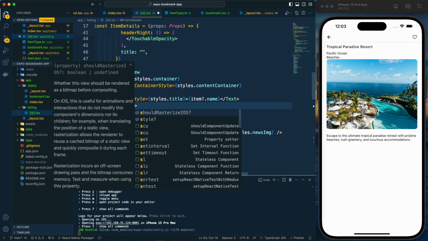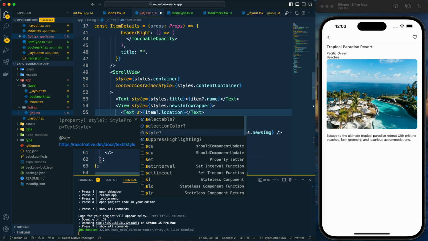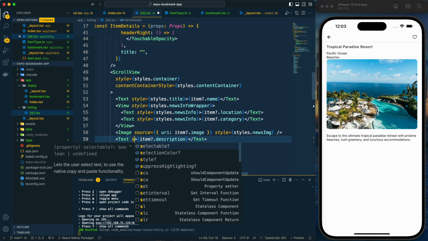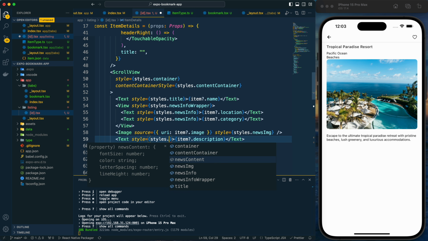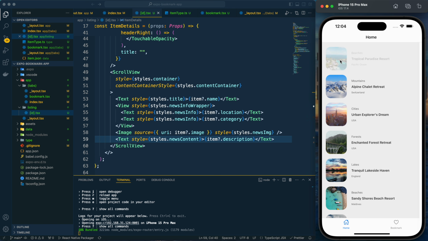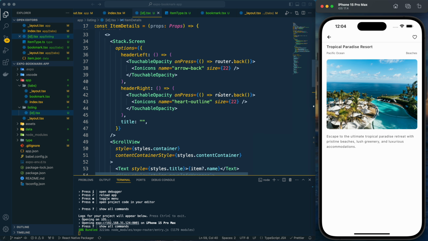So now let's provide styles quickly here. For both of the texts we will have the same style, and for this it will be this. So we are done with the UI. Now we need to focus on this feature, and right now it is going back because I have used this. So now it is a blank function, so we need to provide the functionality for bookmark here.